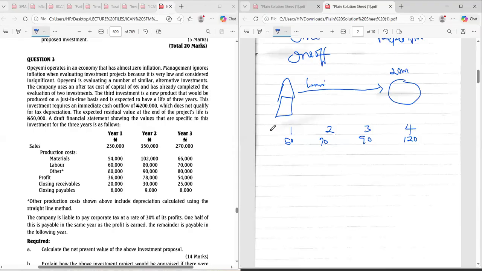But look at what the company is going to say. Okay, this is year zero. The company is going to say, no problem, we'll give you that 50 million in year zero. Am I making sense now? We'll give you that 70 million in year one. But we are not giving you 70 million. What are we giving to you? 20 million. Let me explain. I give you 50 million to run your business. In year two, you are telling me that I should give you 70 million. Okay, have you paid me my 50 million? You have not paid me, so I'm only going to give you 20 million.